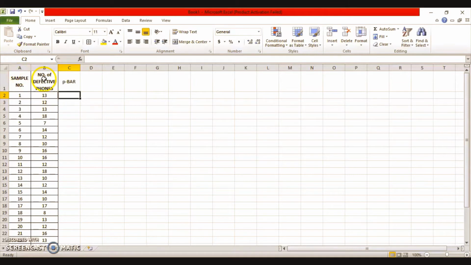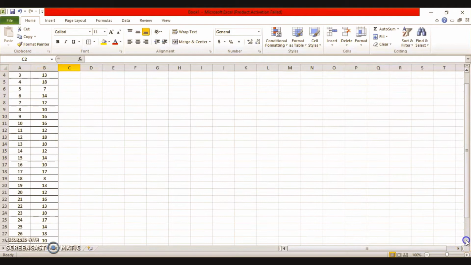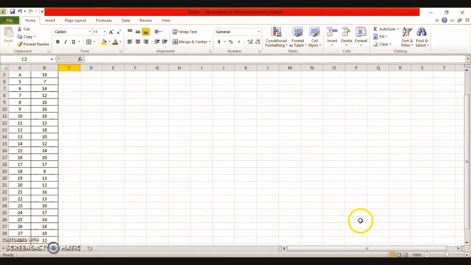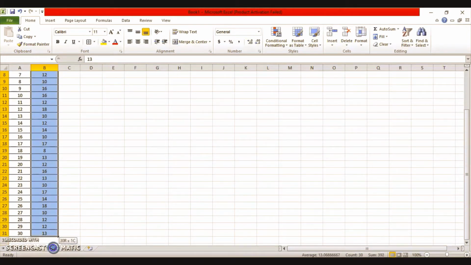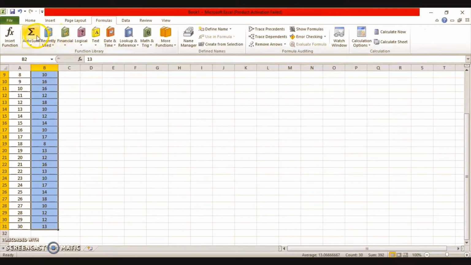Here we have only the number of defective phones given. So first of all we'll take a sum of all the defective phones. For that purpose you select this value, go to the formulas, click on auto sum, and you'll get the value of the sum.